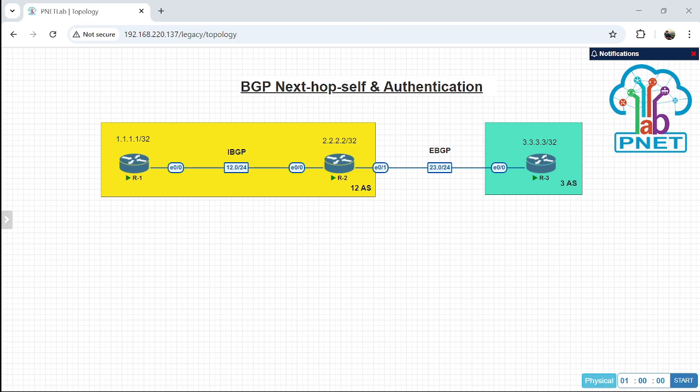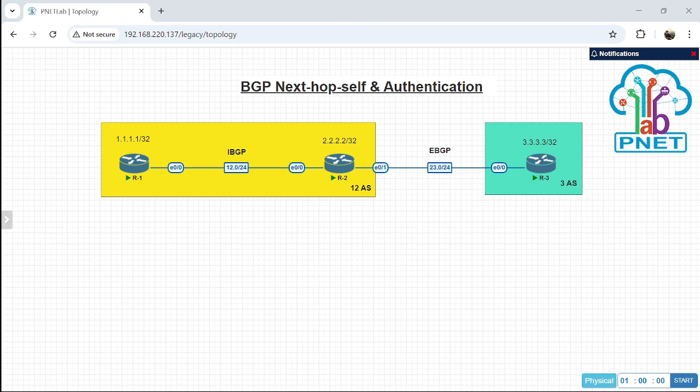So next we can check it on router 1 with show ip bgp. Yes, it has already got the IP from router 3, right? And then next